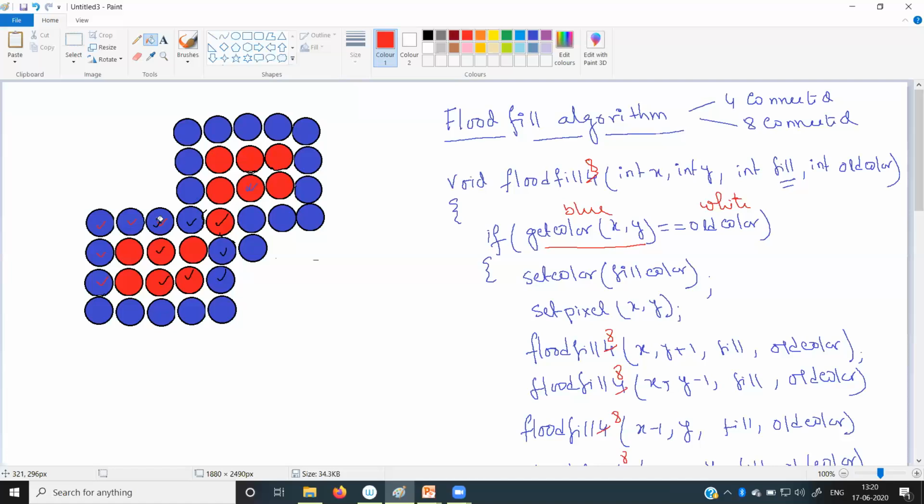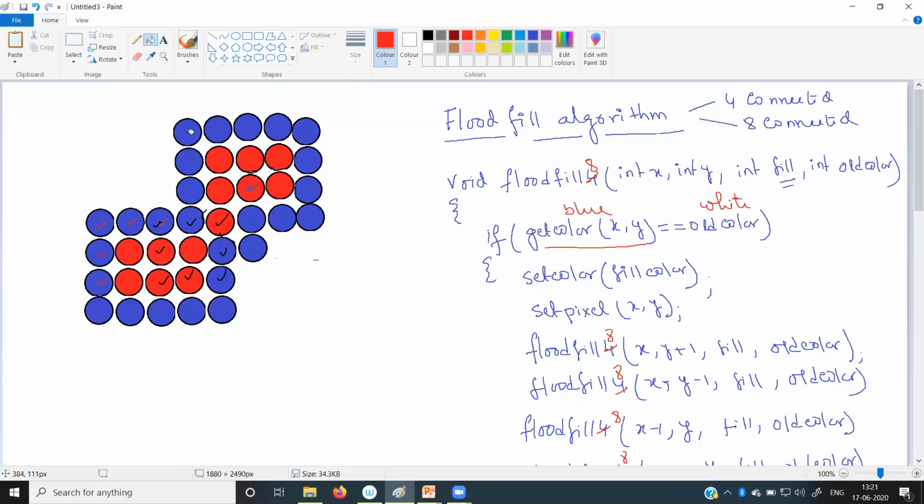The important condition for the flood fill and boundary fill algorithms is that you have to select a starting point which is inside the polygon. But for the flood fill algorithm, if our boundary color is also red, in that case it will not create any problem, we can easily color it. But if the boundary is blue and you want to fill it with red, the boundary will remain blue.